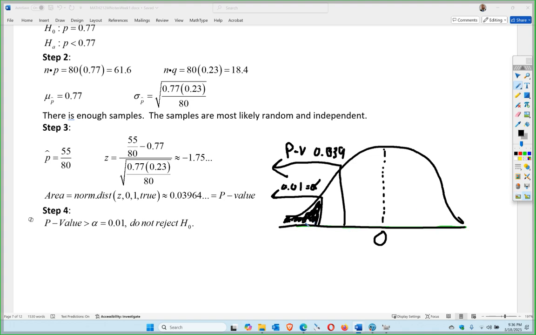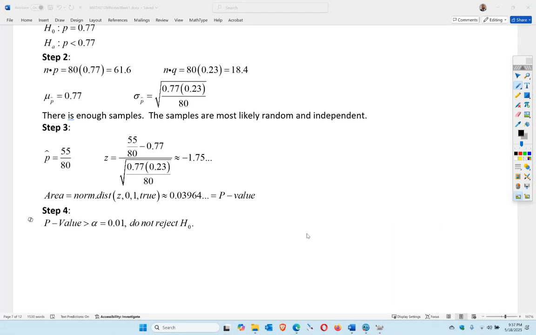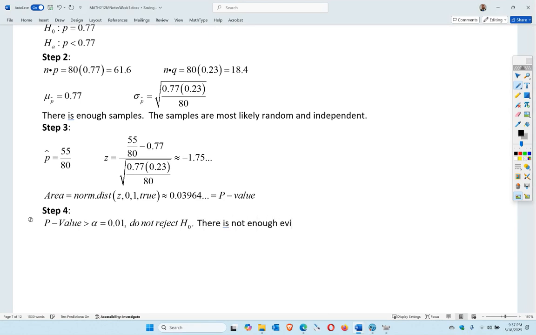If it was in the critical region, that means it's significant enough to reject the null hypothesis. So conventional wisdom basically wins out. Over here would be conventional wisdom does not win out, basically. So you have to reject it and go with the alternative. So there is not enough evidence to reject the null hypothesis, hence H sub 0, right? The sample was not significant, right? So a sentence in context would mean